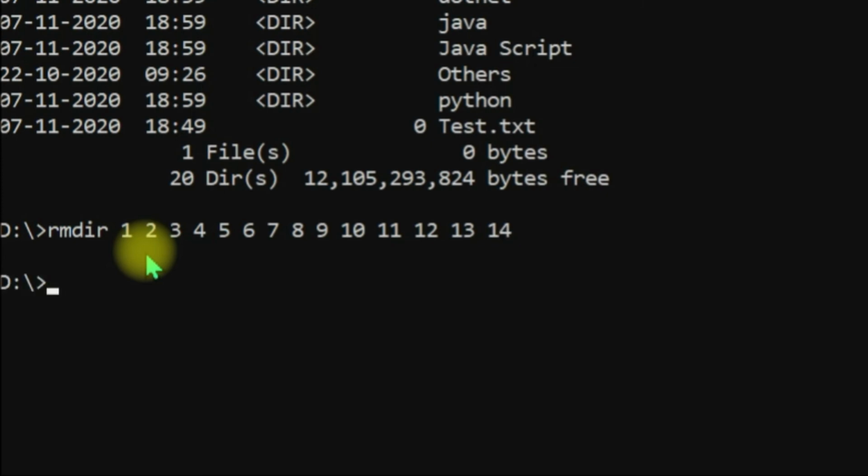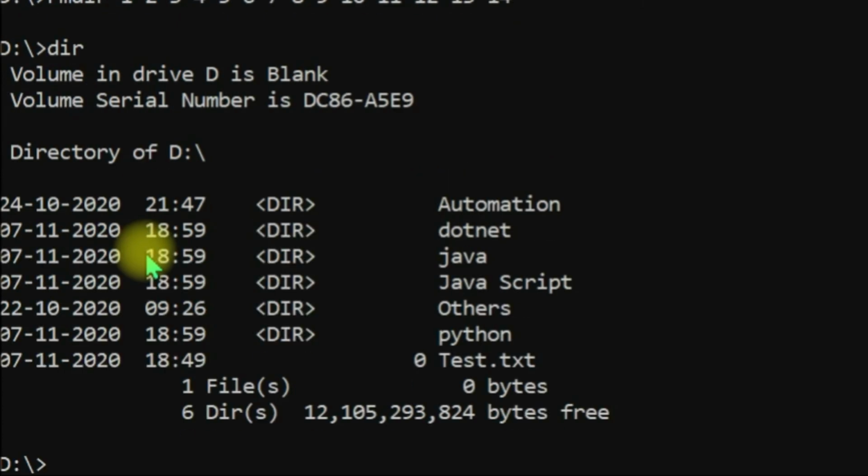Now they are removed. Use the command dir, enter. You can see there are no numbered folders, all the folders 1, 2, 3 till 14 are removed.